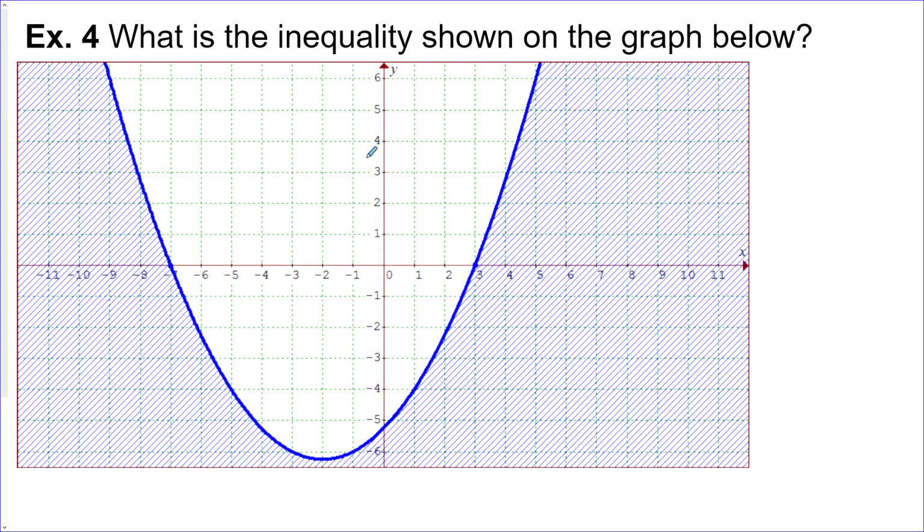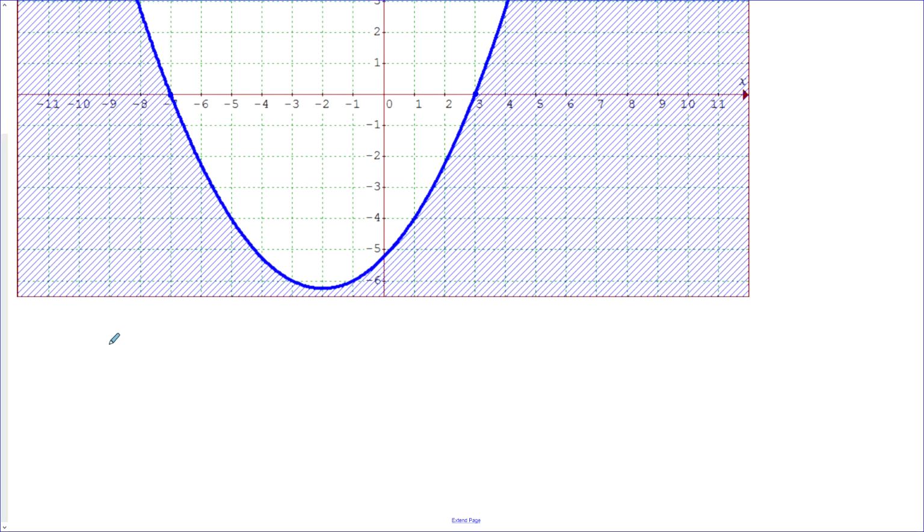Example 4, what is the inequality shown on the graph below? Now for this one we have the x-intercepts at -7 and 3, but we don't have the vertex clearly. I don't want to take a guess, that's unknown. So we'll use factored form, it's not a problem, and start off with y. Now we've got a solid line and we're shading below that solid line, so we want all the y values that are less than or equal to